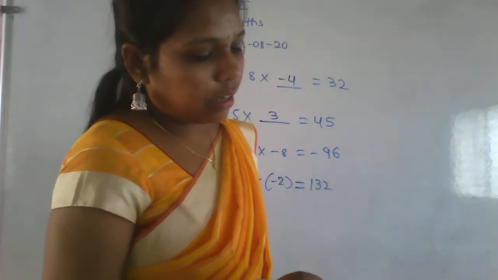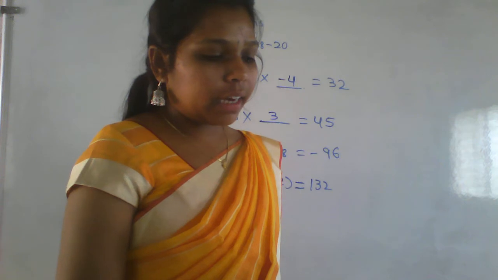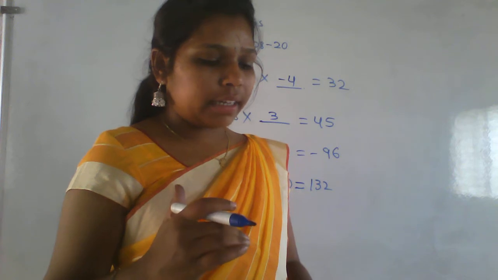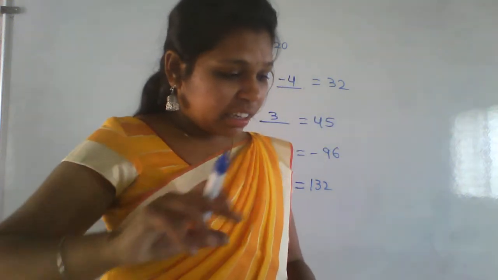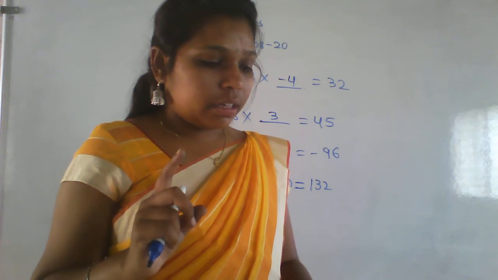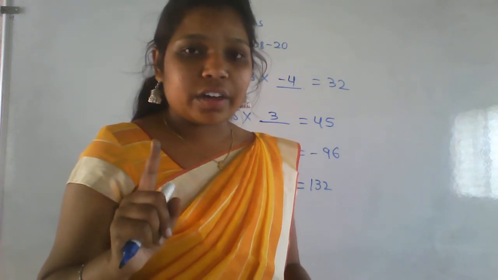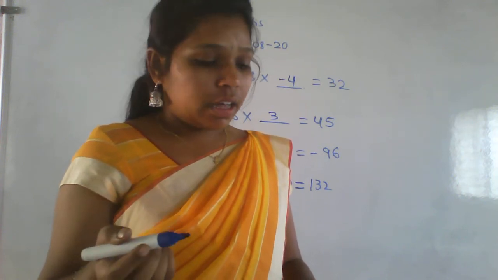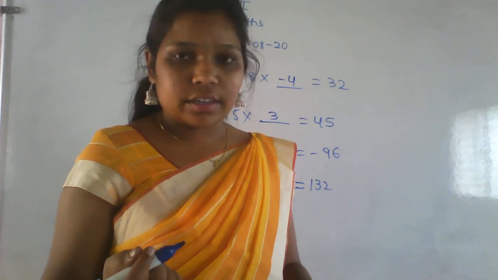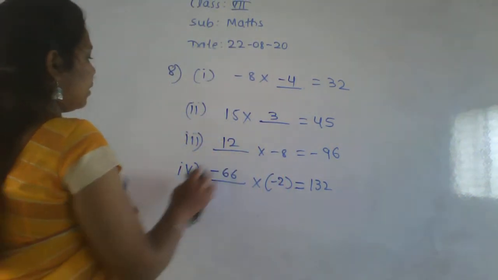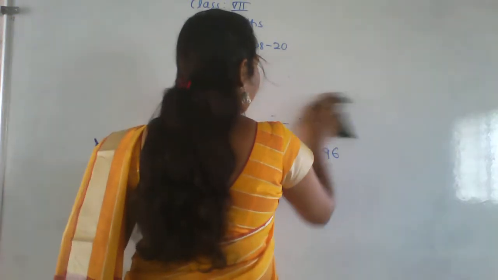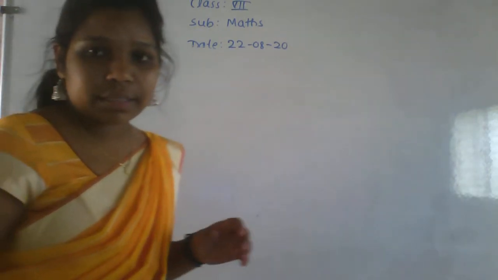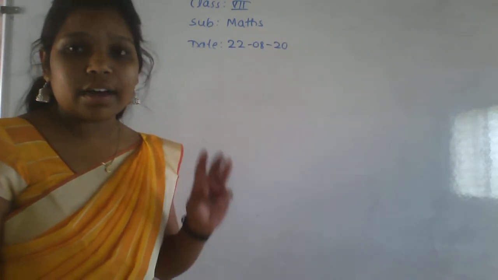So next we'll move to the ninth question. A monkey can climb 3 meters in 1 minute. After half an hour, how high can he reach? A monkey can climb 3 meters in 1 minute. For 1 minute, it will climb 3 meters. And after half an hour, how high can he reach? Okay. So this is also a multiplication problem. How many minutes are there in half an hour? For 1 hour there are 60 minutes, and for half an hour there are 30 minutes.